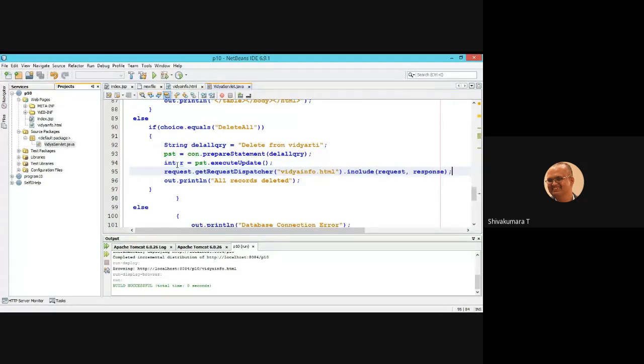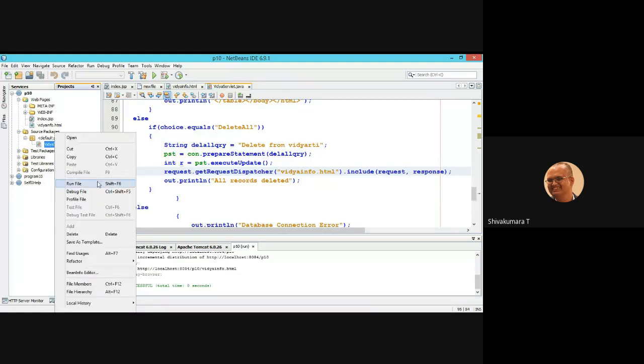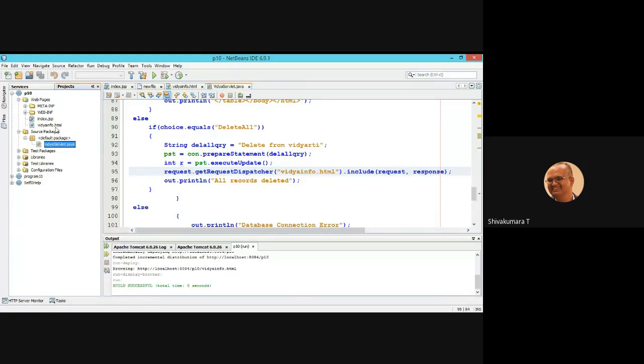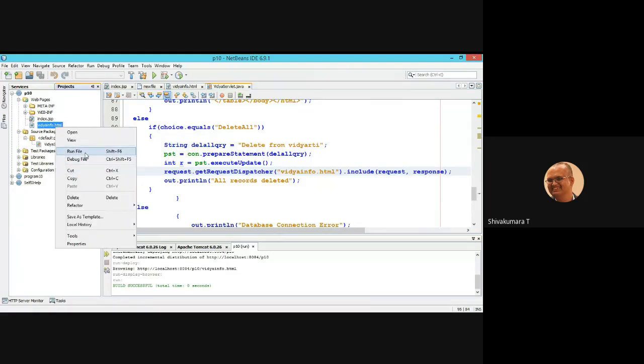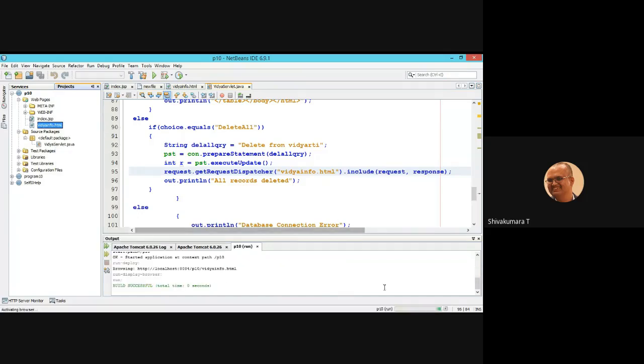Now let us check whether our code executes or not. If not, we will debug the code. So now click on run of Vidya info, run file. So are you able to see the window?